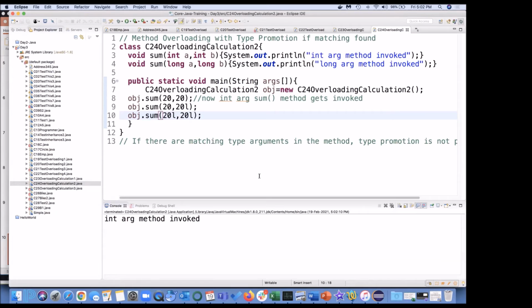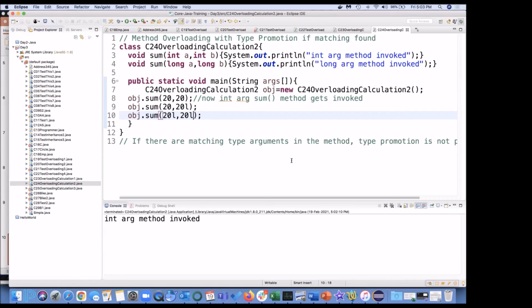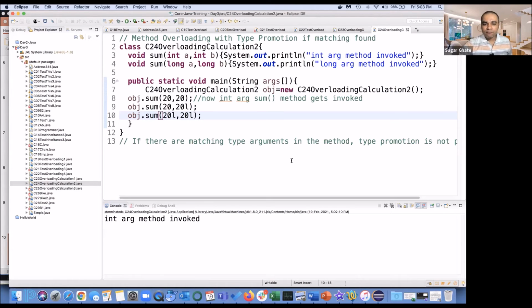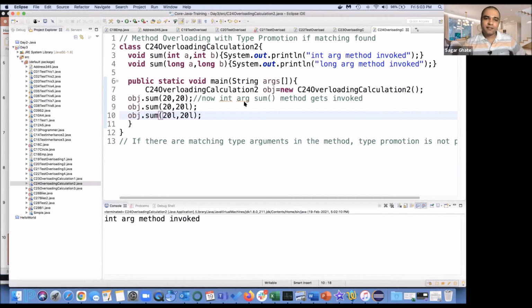First one would be int argument method invoked. Second one will be the same. It can be long, right? Integer can be long, right? So the int argument can be promoted. Long argument method invoked. So the third is the same, long argument method invoked. Okay, fine. So it's clear.